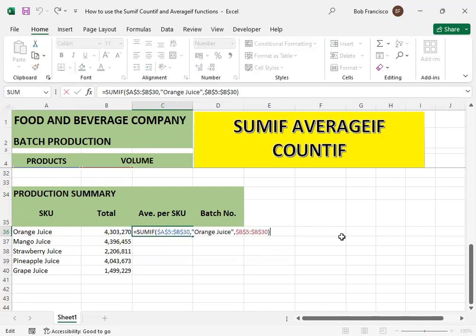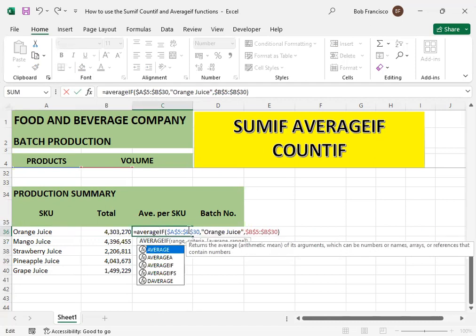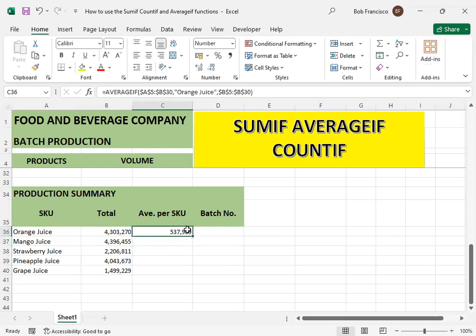Then we don't have to change the orange juice. All we have to do is change the sum to count to average. Okay, so average if, then enter. So for the orange juice, we're having a batch average of